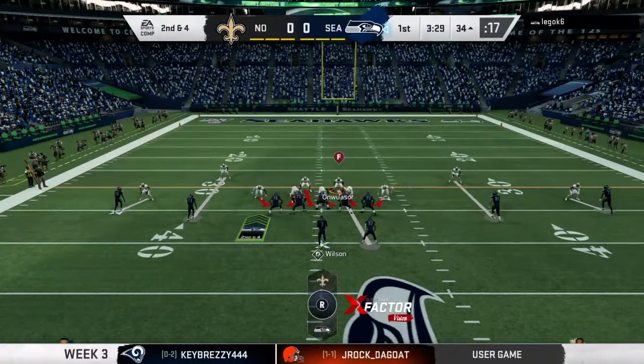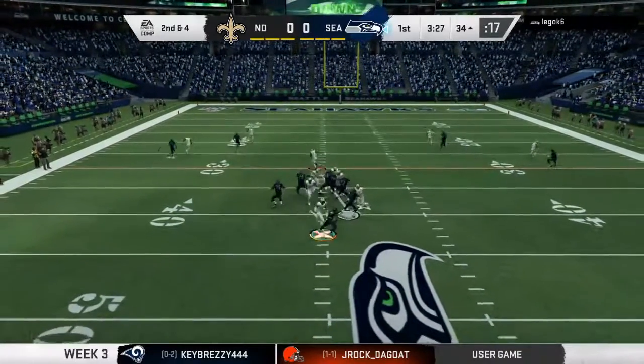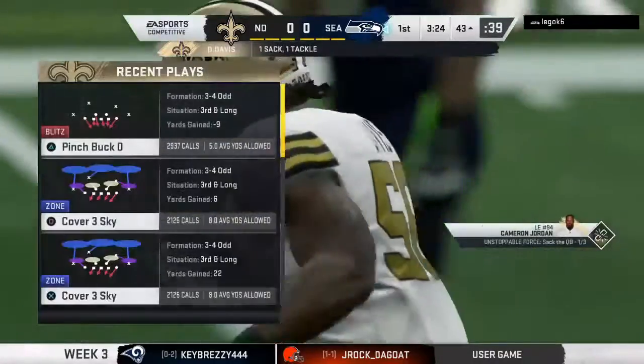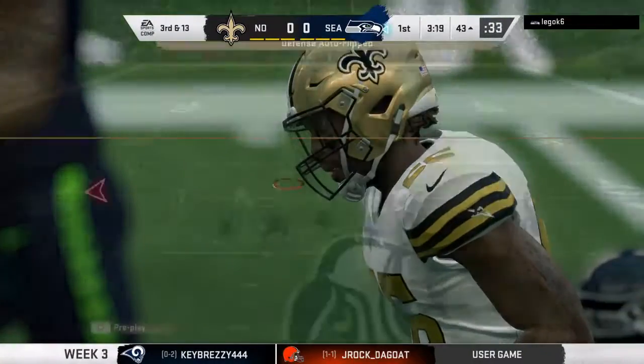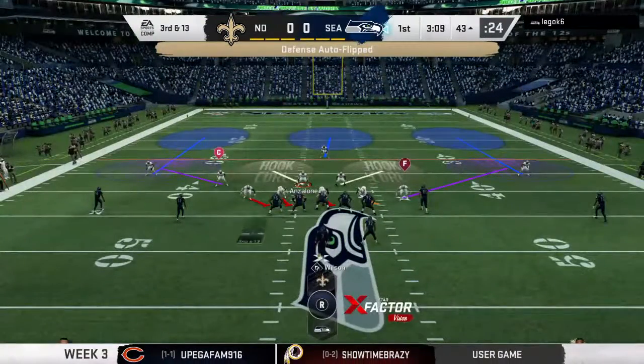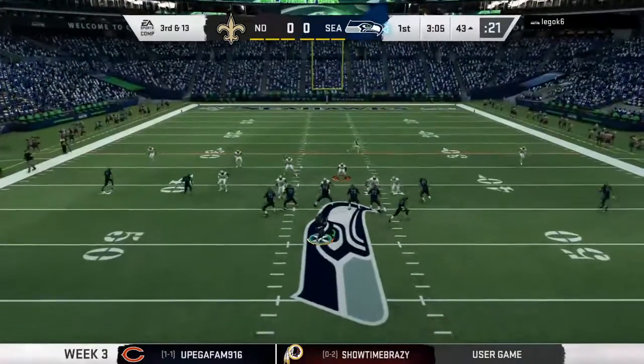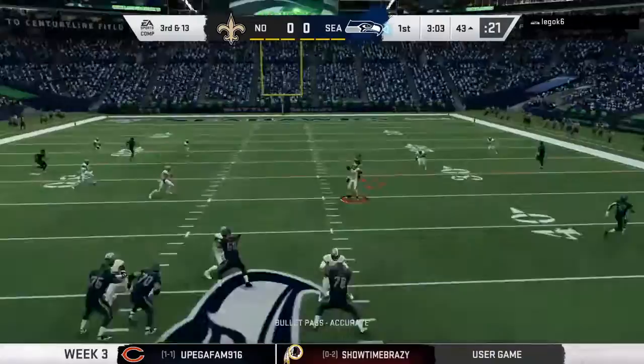47's the mic. 47's the mic. Wilson, and the Saints pressure gets him. Brought down for a sack. Charles, a little bit of feast or famine on this drive. They moved the ball okay, but they've been sacked twice now. And they've got to figure out how to plug that leak a little bit, right? Keep them away from the quarterback because...